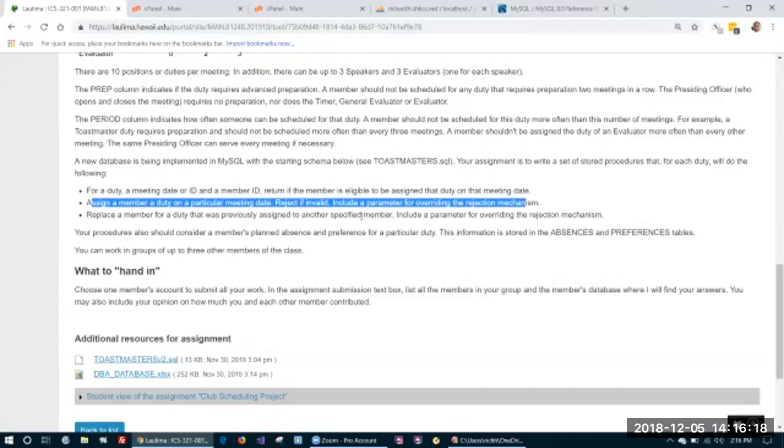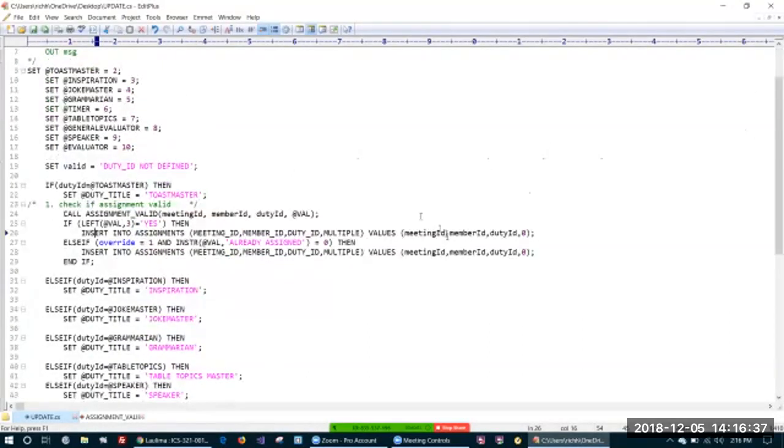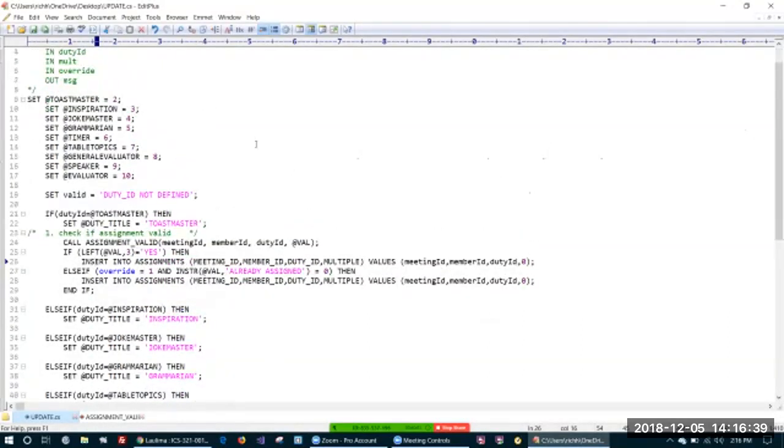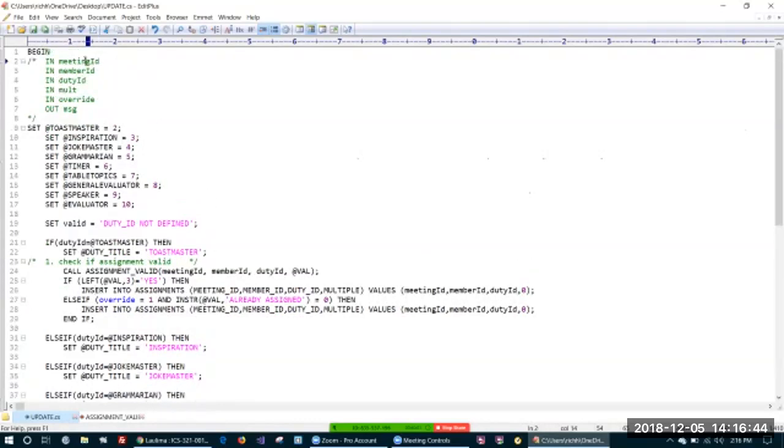I wonder what happens to the. See, does it keep? Well, anyway, I have to think about that a little bit more to be able to explain it to you, but let me write it. Okay, so this is going to be update, and let's say the input's going to be meeting ID, member ID, duty, and